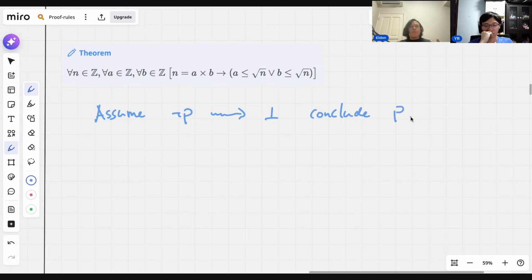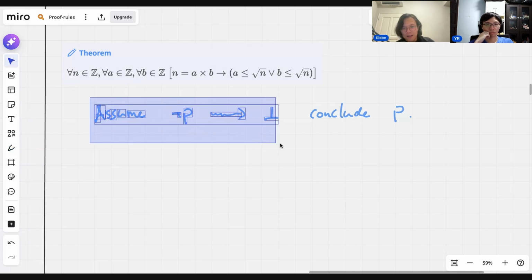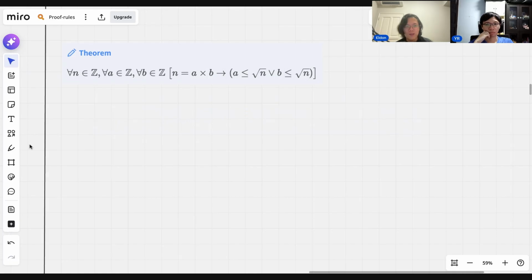Okay. So it's kind of like you want to assume an absurd situation, right? So in other words, you're going to assume something and you're going to eventually create a really crazy scenario that cannot happen, like a contradictory scenario. And from there, you will be able to conclude that, oh, the only way this is possible is if our assumption was wrong. That's kind of the idea. This proof technique is really the source of a lot of